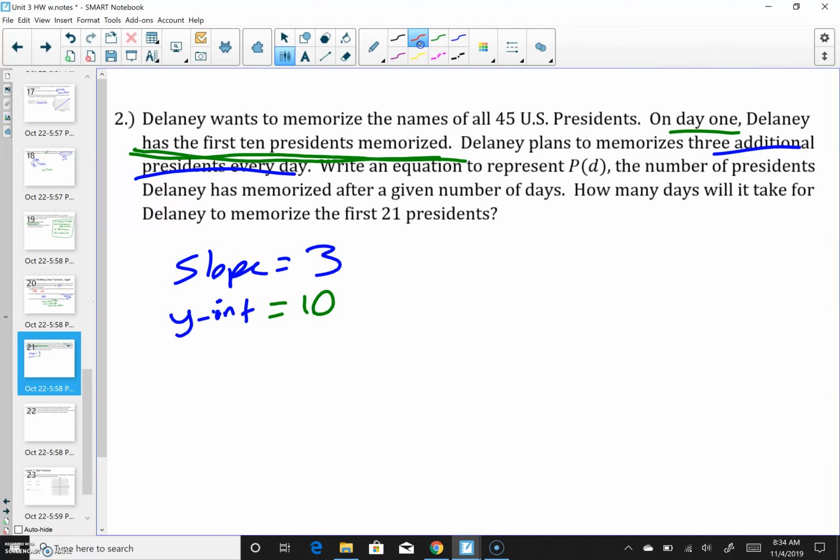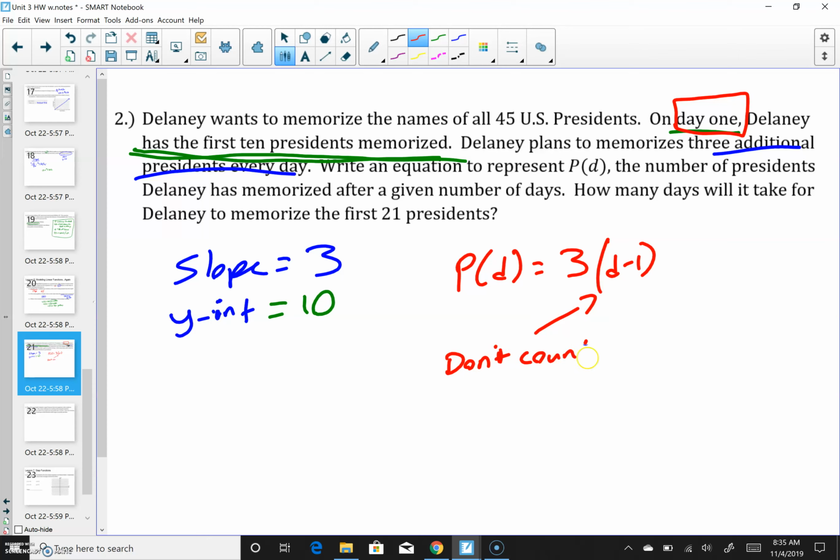Now as we go to write our equation, we have to be very, very careful. P of D equals, she's going to do 3 presidents every day. Now here's the problem. We can't just make it 3D because we are starting on day 1. So therefore, we do not start counting those 3 additional presidents until the second day. So in that case, we're going to have to do D minus 1 in our parentheses. All right, and again, the reason for that is you don't